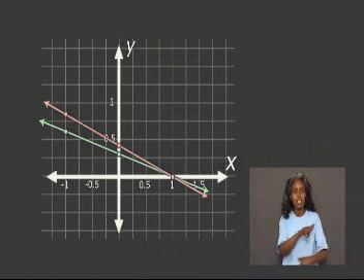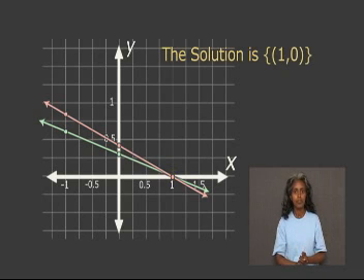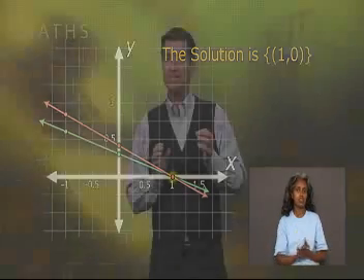Students, notice that if we were to plot the ordered pairs on an xy coordinate system, the lines would intersect at the point (1, 0). This means that the ordered pair (1, 0) satisfies both equations. Therefore, it is the solution to the system of linear equations. A system of linear equations is a set of two or more linear equations. A system is represented as